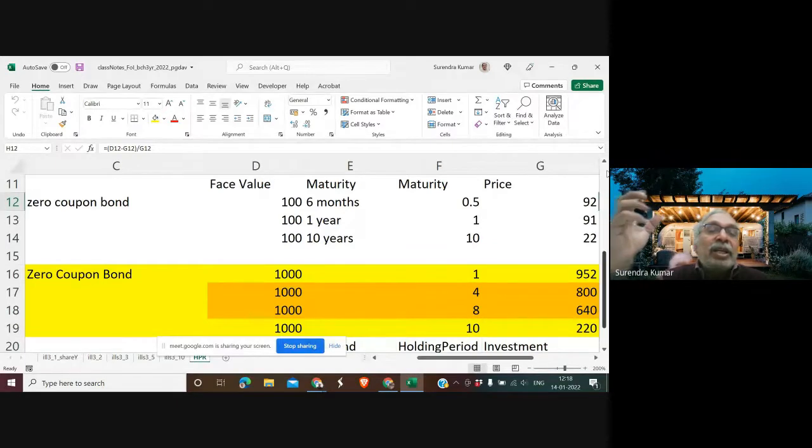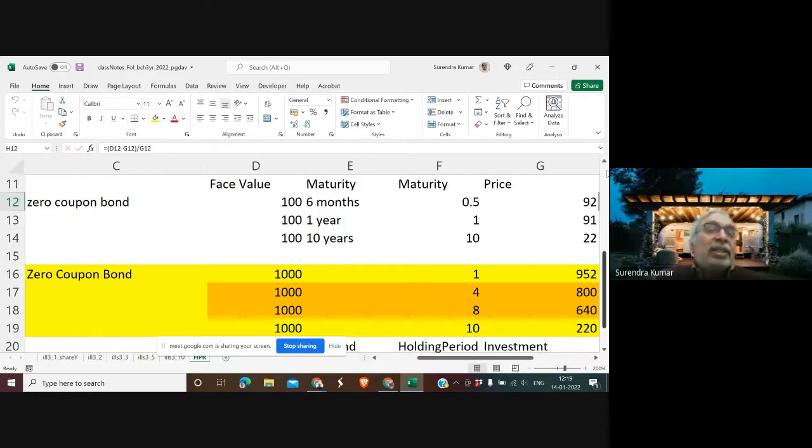The idea of interest is that it is calculated on a 6 monthly basis. So if it is calculated on a 6 monthly basis, then we look at the interest. But in zero coupon there is no interest. That is why it is zero. If there is interest, that coupon would carry that interest. And so it's like a detachment. In many of the countries, it comes as a detachment which you can sell separately in the market.